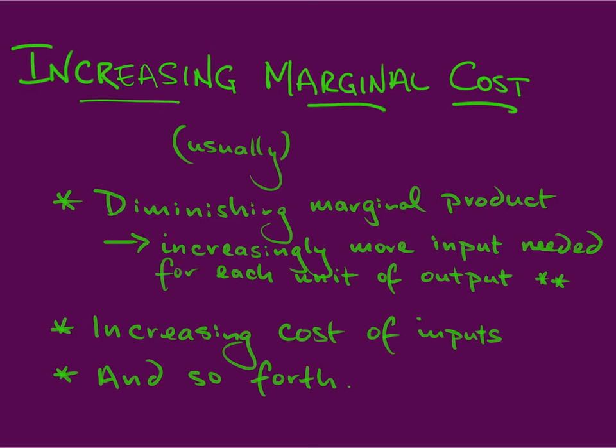Well, that farmer will first rent the cheapest field for $400. If the farmer needs to plant a second field, the farmer goes to the second cheapest field, $600. A third field would cost $1,000 to rent. So the marginal cost is increasing because the cost of the inputs is increasing. There are a variety of other reasons as well.